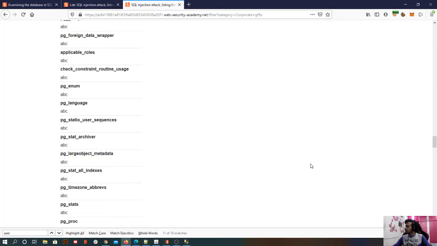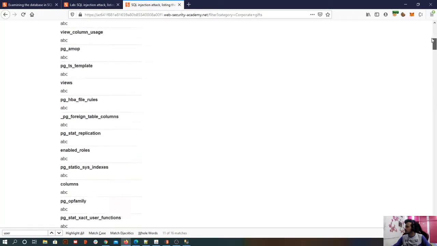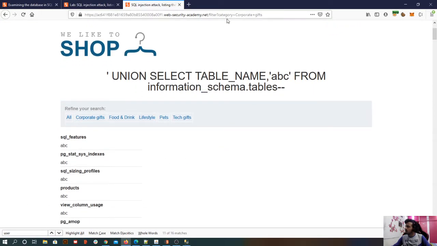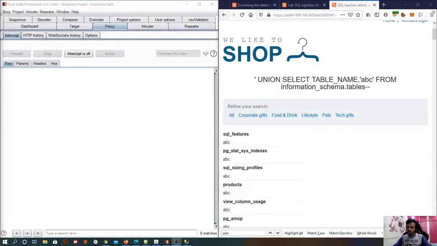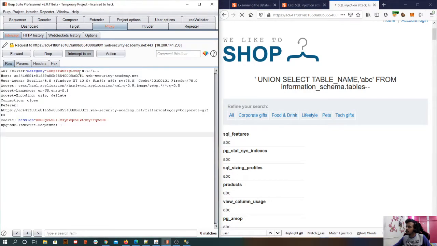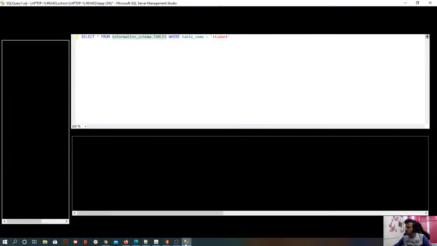Okay, right. So let's try to intercept this table again. So yeah, here we go. Let me open my Burp Suite. Okay, so I have taken note of all the users tables, and I'll try to get the content of it one by one. Let's see if we get it in the first or second attempt or not. So here I want to execute my query. So what was that query? We want column names.